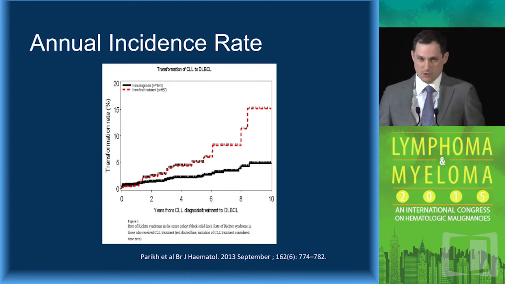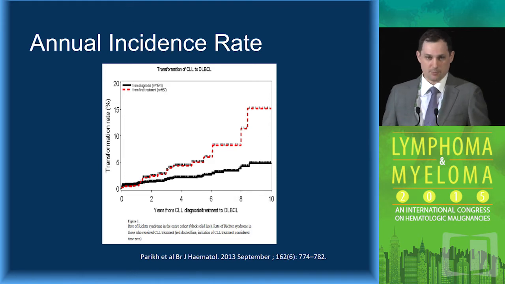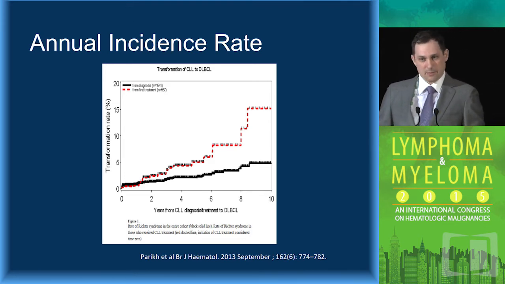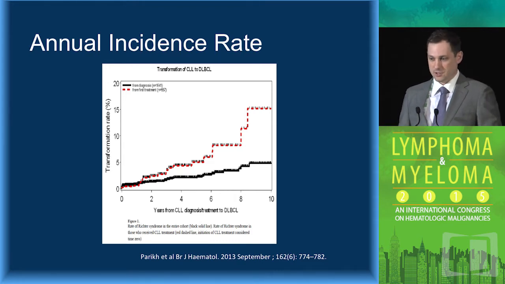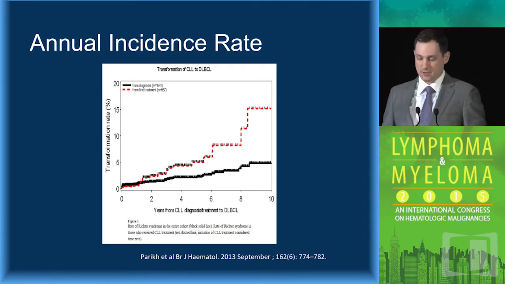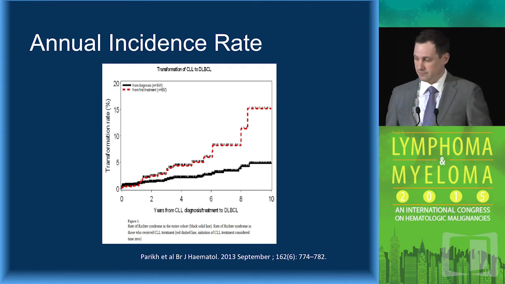So when I quote the incidence rate, I like to use what was recently published by the Mayo group. Why it's better is that they took 1,600 patients and restricted it to those who were diagnosed with CLL within the first year of coming to their center, and these were all patients that were subsequently followed.